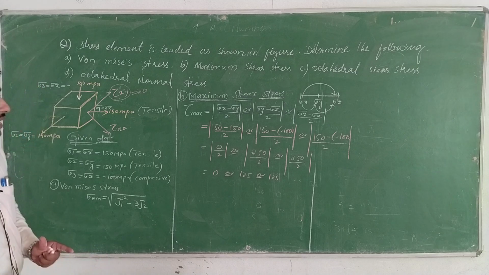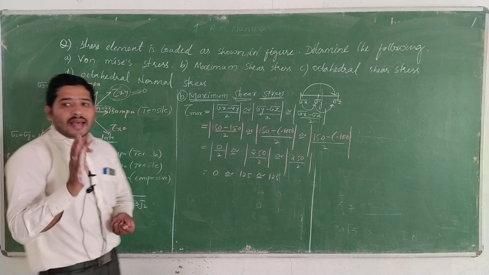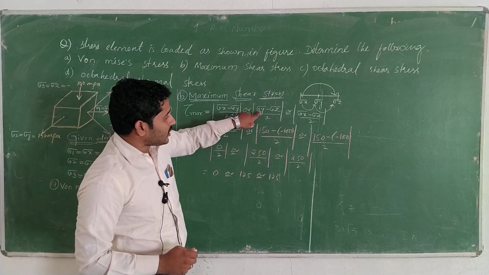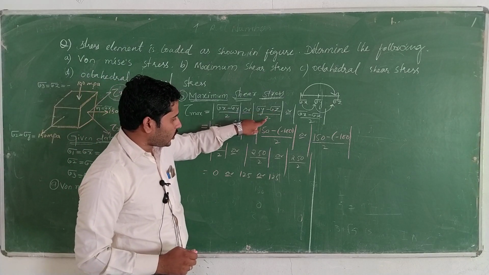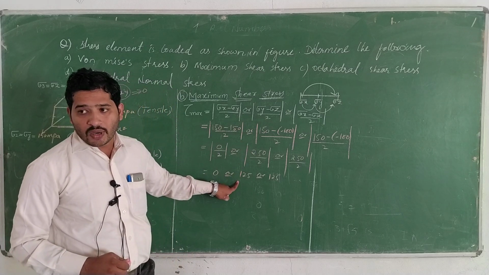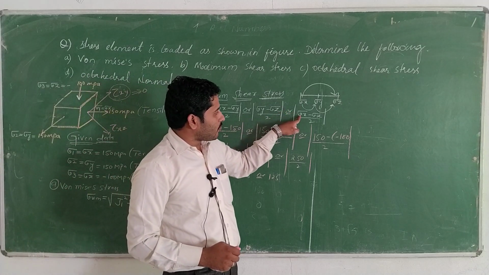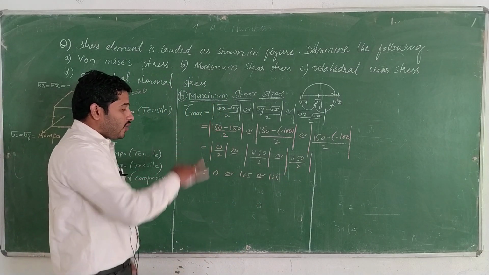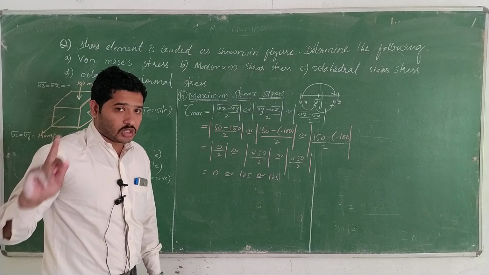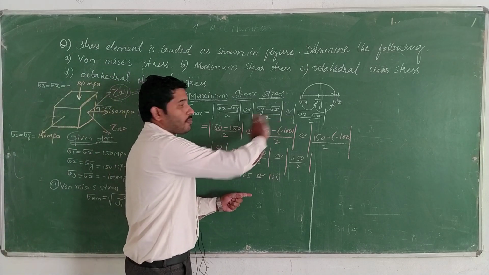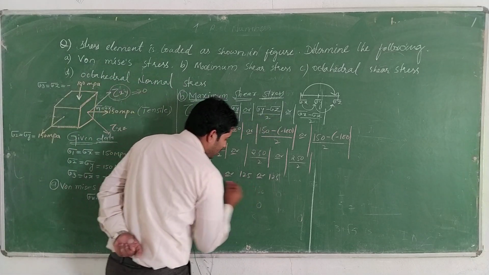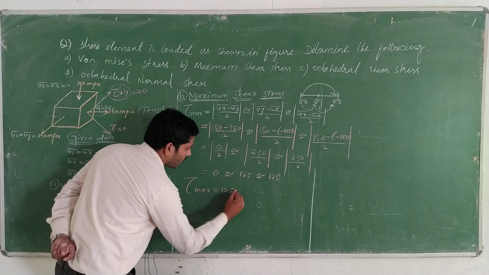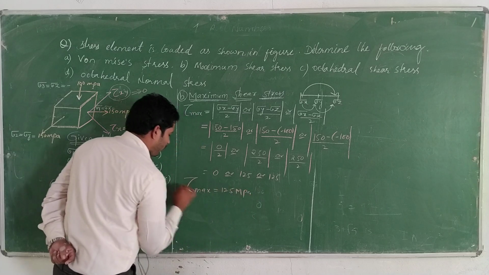So we have to select the maximum shear stress. The maximum shear stress is induced in two cases. The first case is sigma y minus sigma z by 2, where you get the value of 125. Again, if you go for sigma x minus sigma z by 2, you again get 125. Out of the 3, we have to select the maximum, and here 2 are maximum. Now the maximum shear stress is 125 megapascal. We got it.